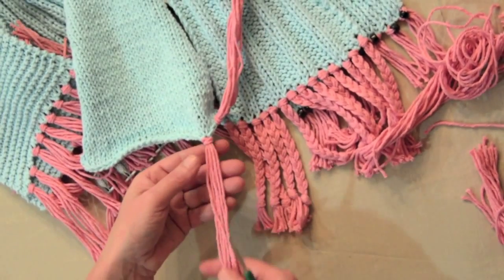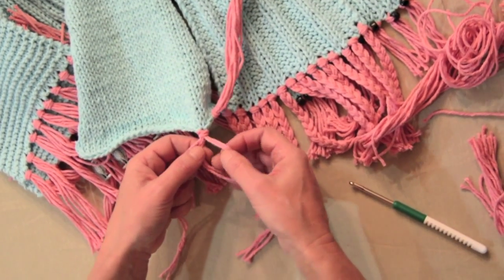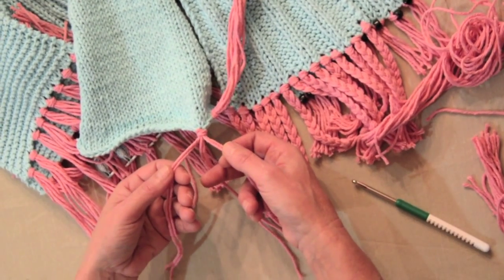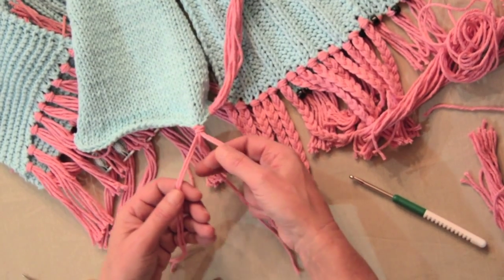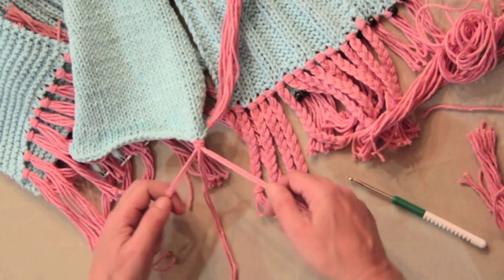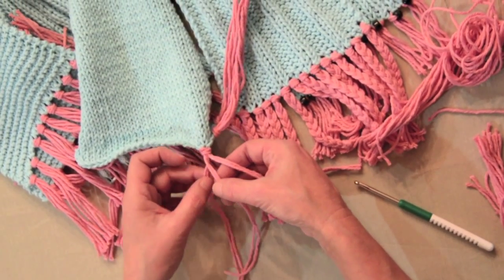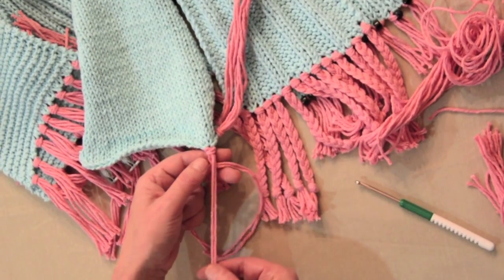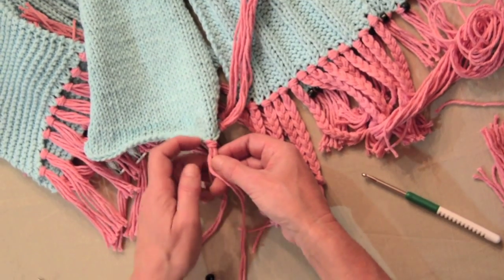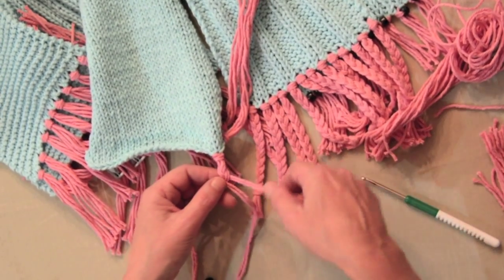Turn it around and you can start using 2 threads each to braid your fringes. What is that in English? Braid. Braid. You do it while having left and right one of the threads. Start putting the left side over the middle threads. Then come from the right side over the middle, left side, right side, left, right side,